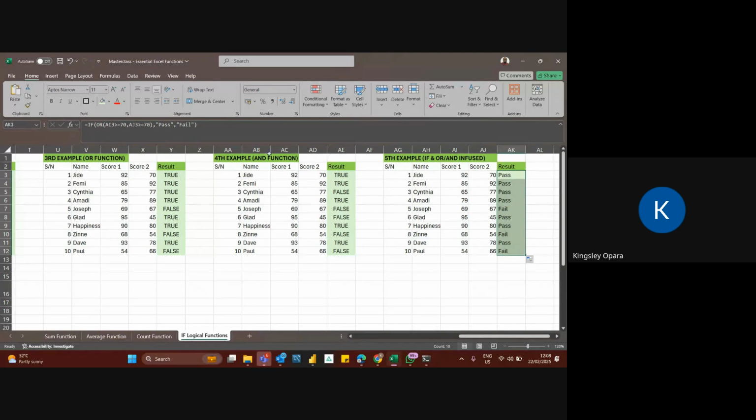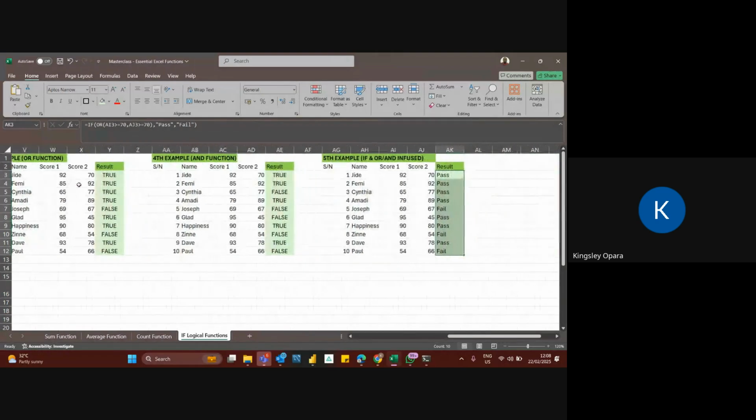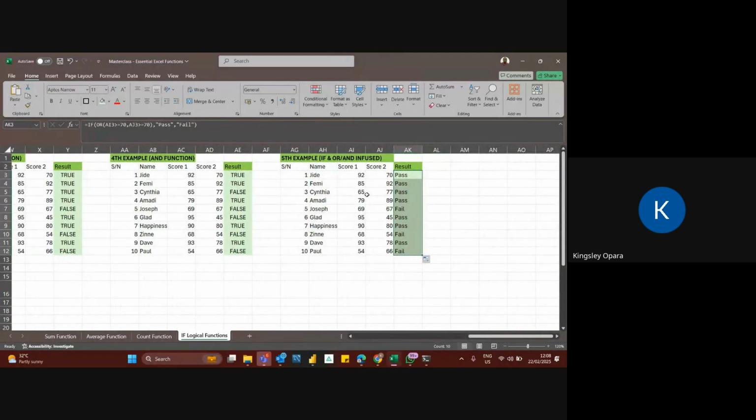So the same thing we did in the third example. The only difference now is that we are not getting true or false, we are getting a defined response. And trust me, don't take my word for it, pass or fail here doesn't mean your response will only vary around pass or fail.